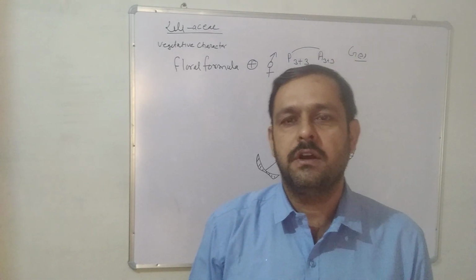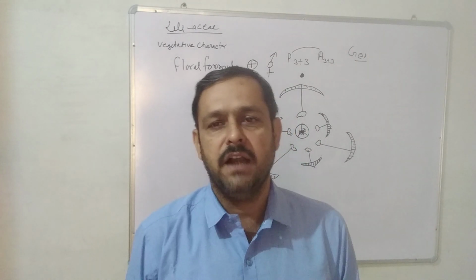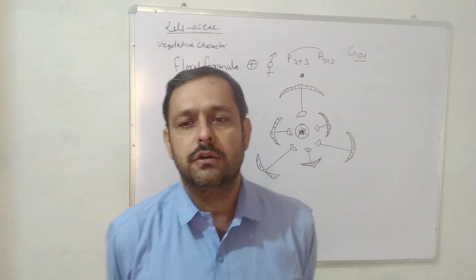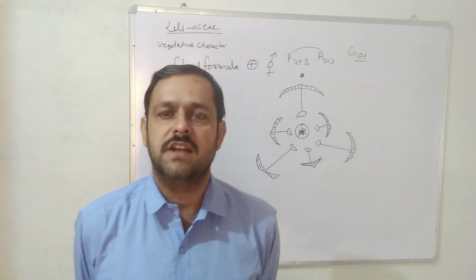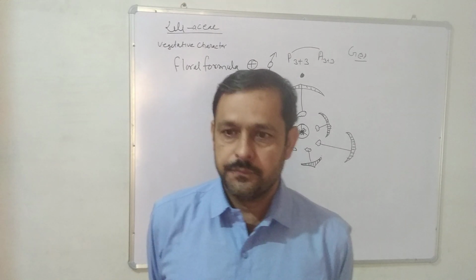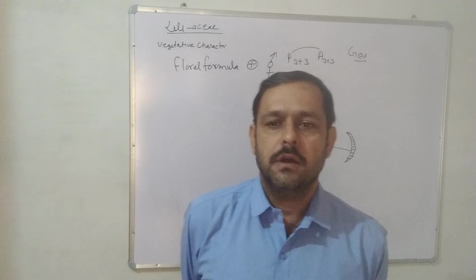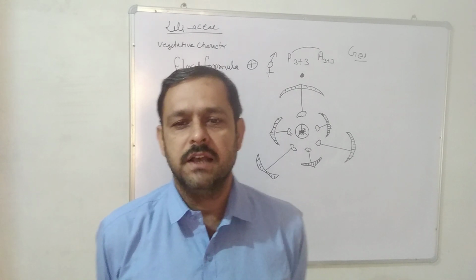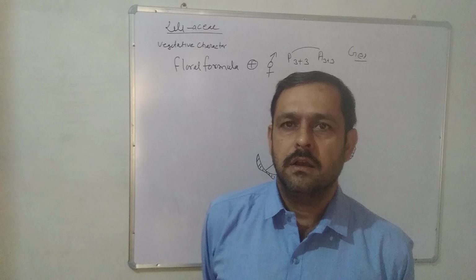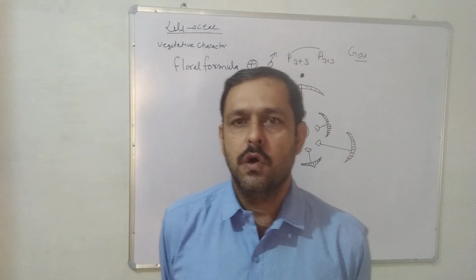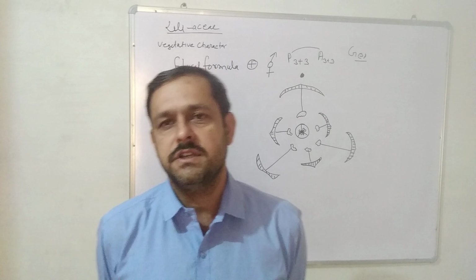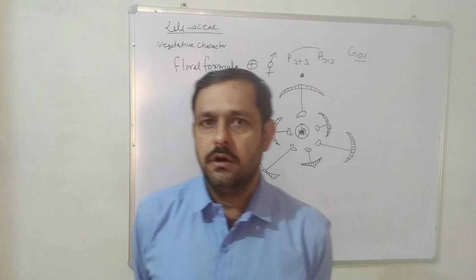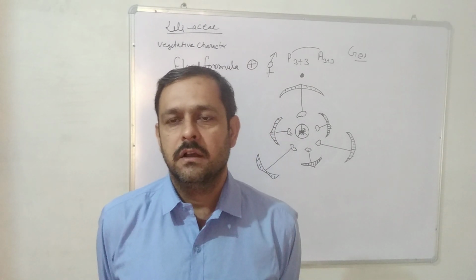Now fruits are capsule, rarely berry. Seeds are endospermic. And economic importance of Liliaceae: many plants belonging to this family are good ornamentals, like tulip, gladiolus, source of medicine like aloe vera, vegetables like asparagus, and colchicine. Colchicum autumnale gives us the chemical colchicine, which is important in chromosome theory. So this chapter is completed today.